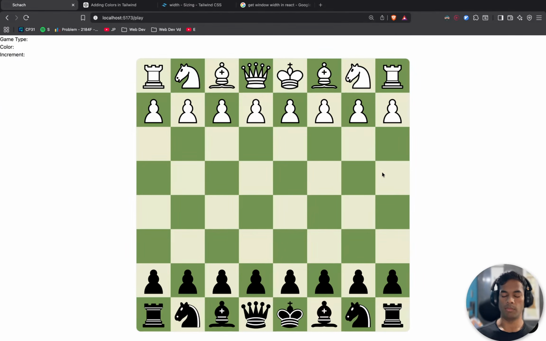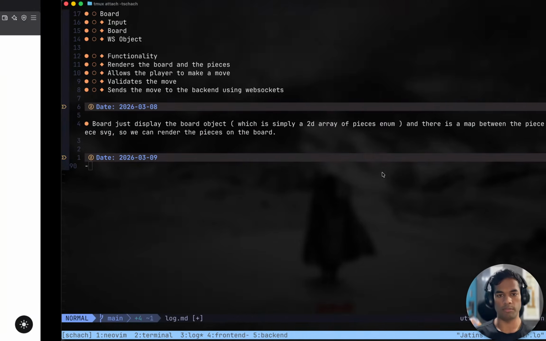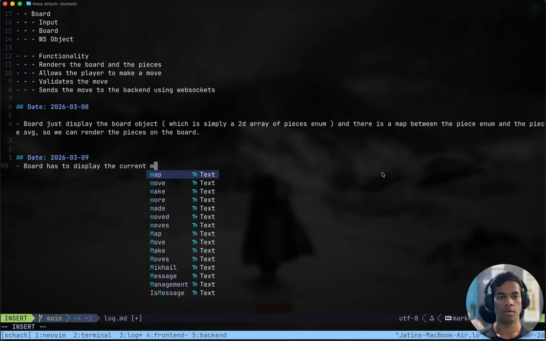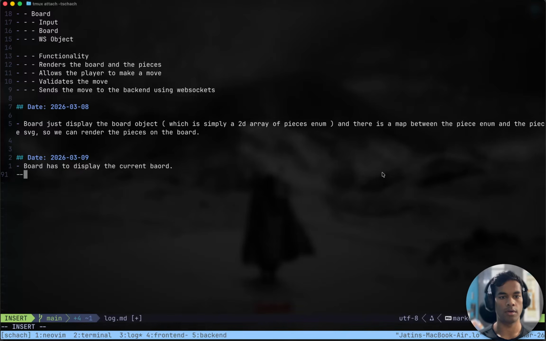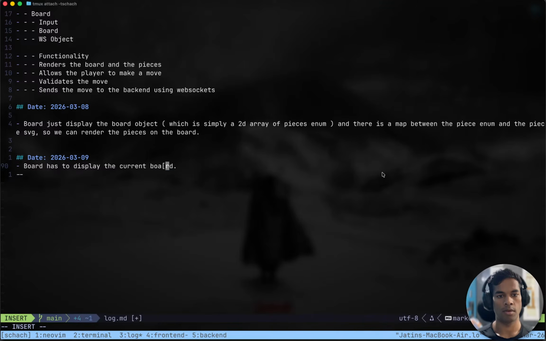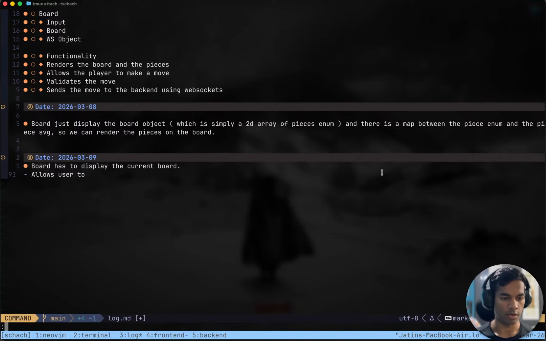Okay, board. The board has to first of all display the current board, and second, allow the user to make a move. And how do I turn off Copilot here? Copilot disabled.